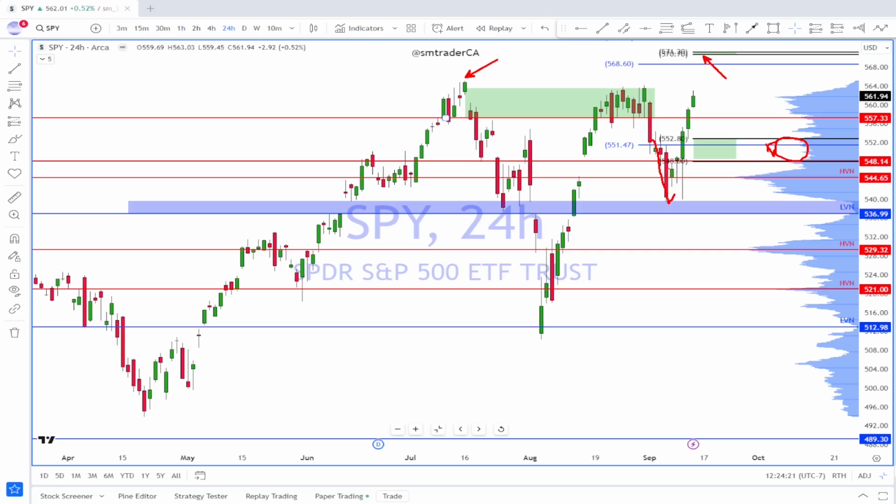Remember we were talking about this little bit of a double bottom type of pattern here on the intraday basis. So it could be coming back down to test this double bottom pivot high here. But again, my expectation, and I could be proven wrong again, and that's not the first time and it won't be the last time either, is a new all-time high from the S&P 500.